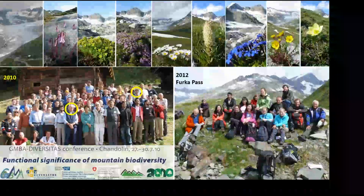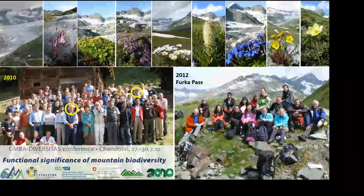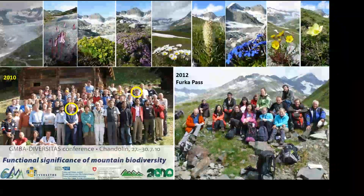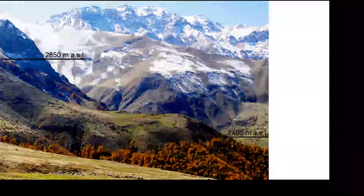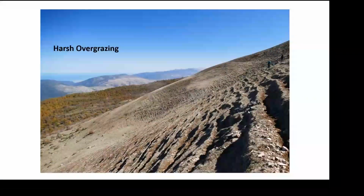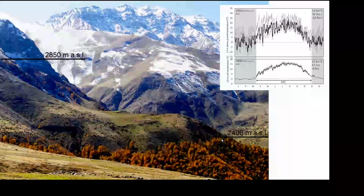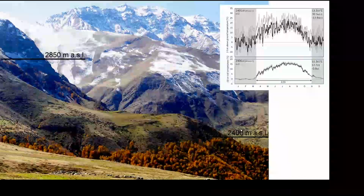Very nice landscape, very beautiful species. It was a very nice experience for me. Then we discussed again the topic of the tree line and how we can find the real tree line in these habitats. And he provided me with some temperature loggers to put in the forest line, in the tree zone, to find the soil temperature of the growing season and compare it with the global